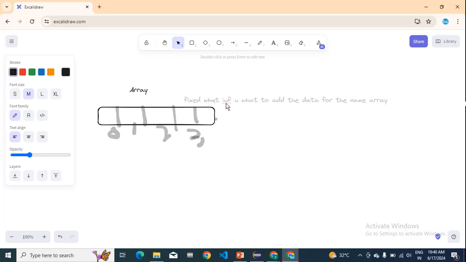You were not able to add the data to the same array. So if you want to add and reuse the same array which we have already created,